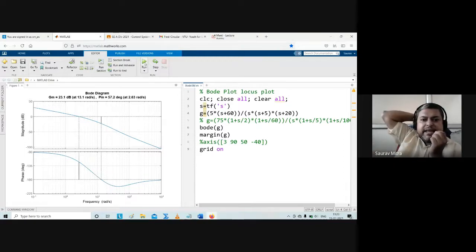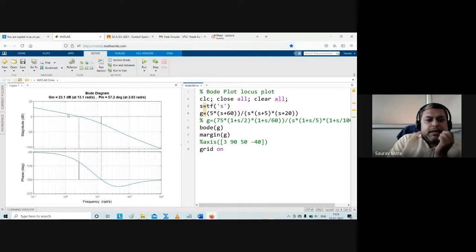So this is the effect of the gain you can see. Initially the gain was 500. Now I have made the gain 5. And you are finding that omega GC is here now and omega PC is shifted right. And a very important case: the phase is not just coming to minus 180, but first it is crossing the minus 180 line, going below, and then coming back. So this is a very important numerical. I have made 500 as 5, and now you are finding that gain crossover has come before phase crossover.